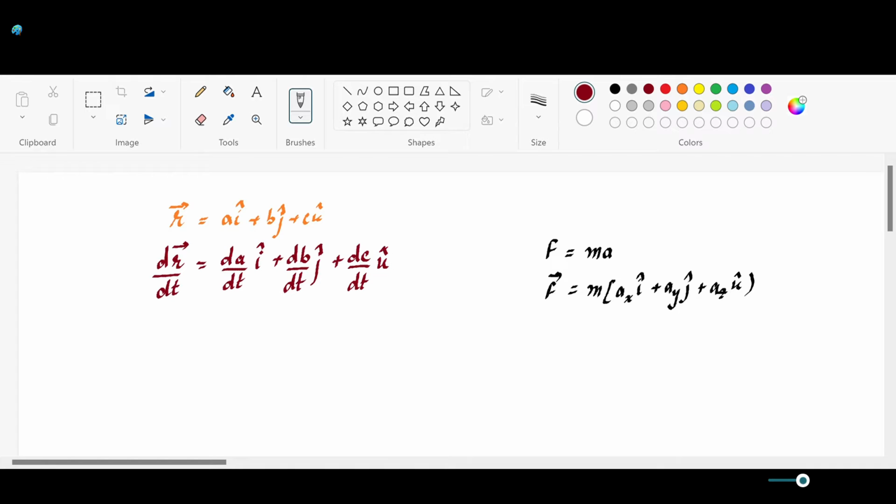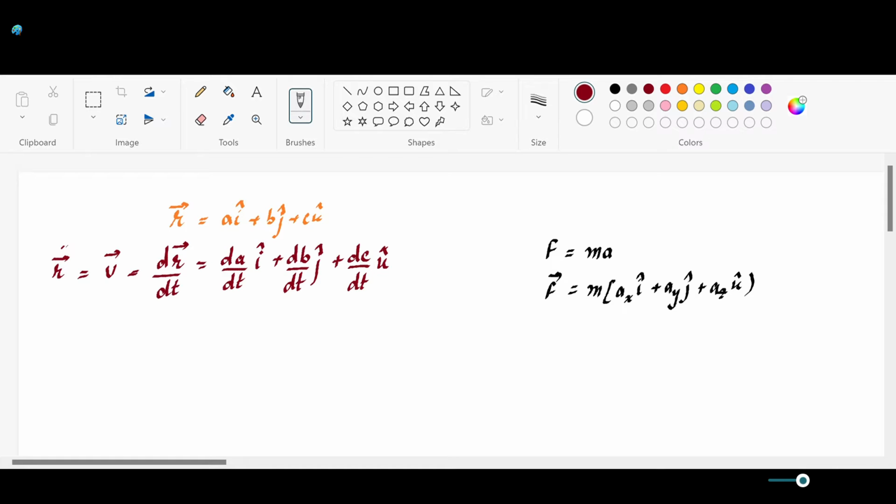So how is r changing with respect to time? That simply depends on how your x coordinate, y coordinate, and z coordinate are changing with respect to time. So that's your dr by dt, and this is also written as velocity v. So velocity is simply dr by dt, and another way of writing the same thing is r dot. We are just simply reducing our notation, writing our velocity v as r dot. r dot is the rate of change of position with respect to time.